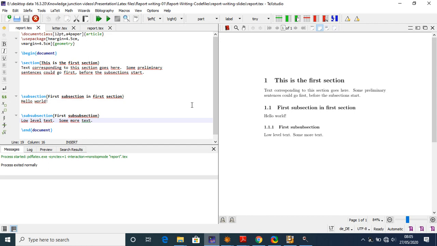which I already opened. So as you can see, you start your command with a reverse slash.